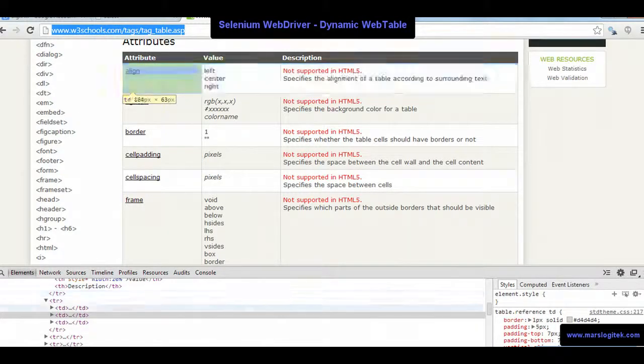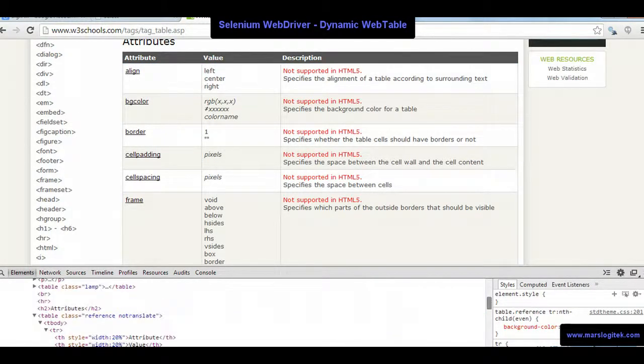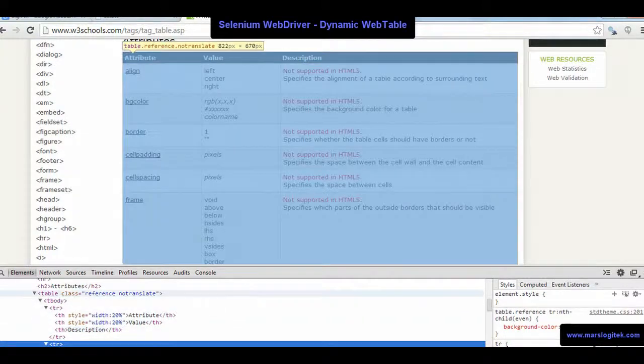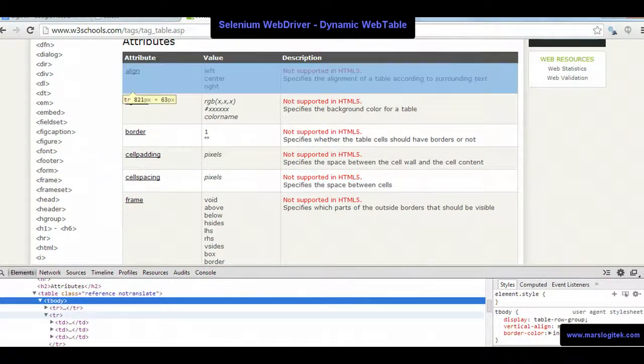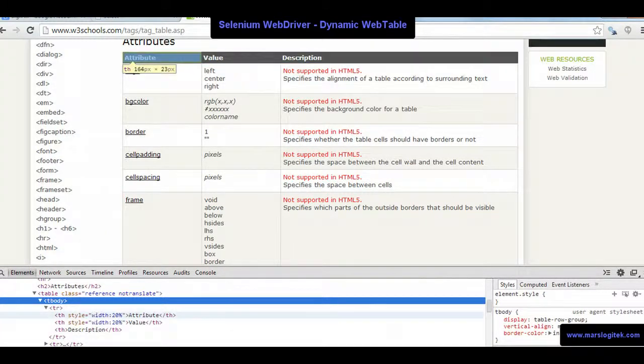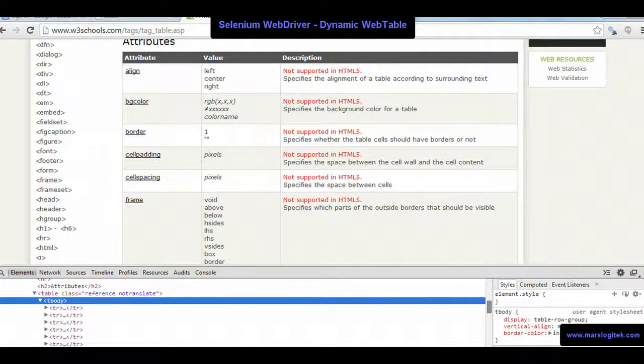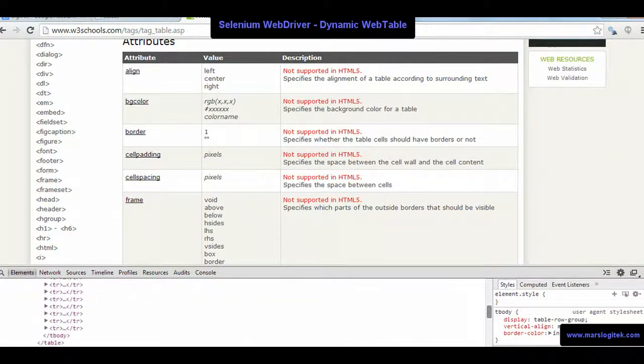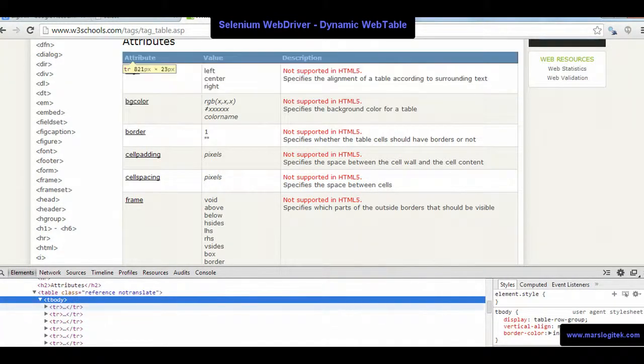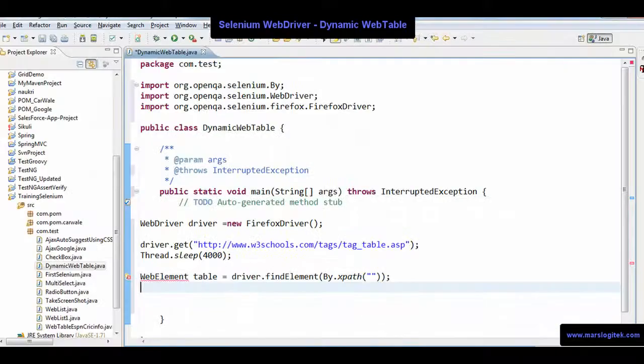So I'll go back here, and if you just scroll, see here, this table structure. This is a table, tbody, and there are a lot of TRs here, right? And each TR has each row, and then the corresponding columns. So till tbody I'll reach. Let me put that over here. I don't even care for this actually, so I'll just go into the main table.